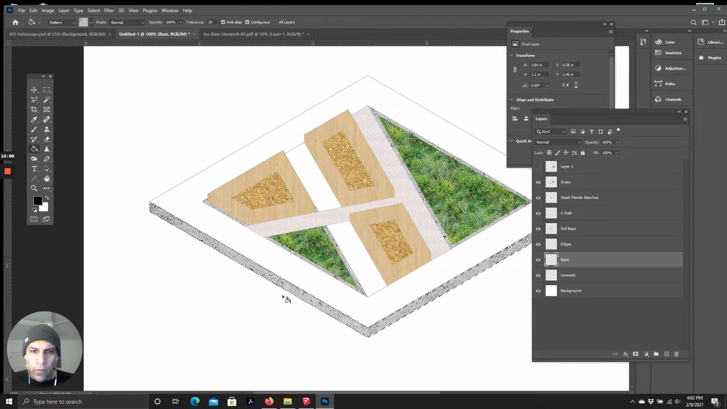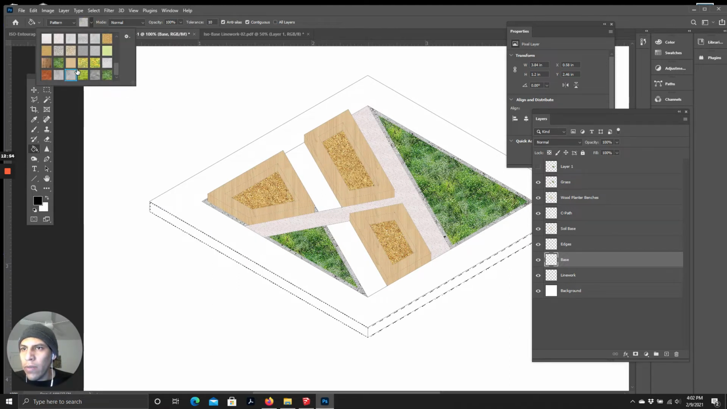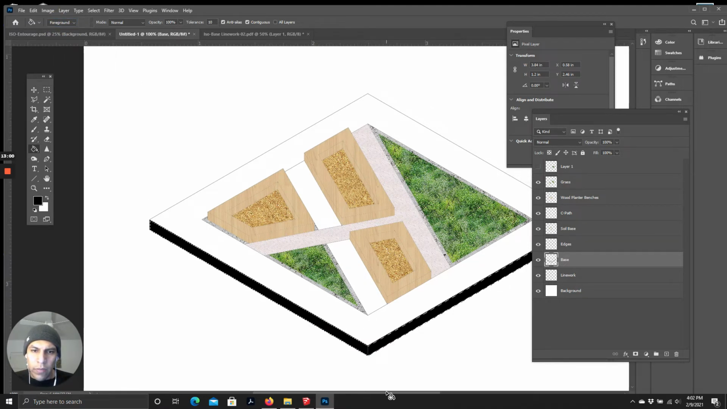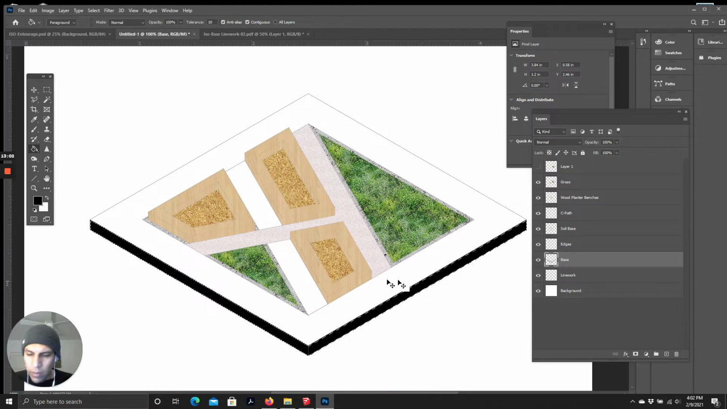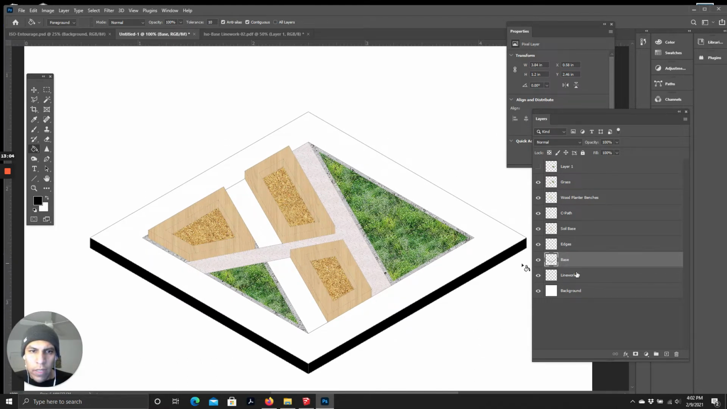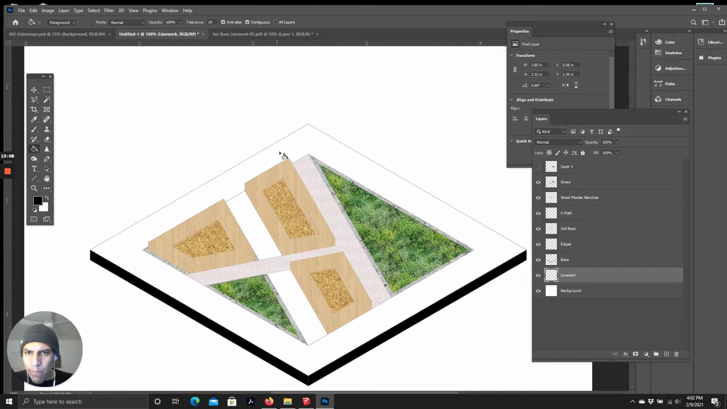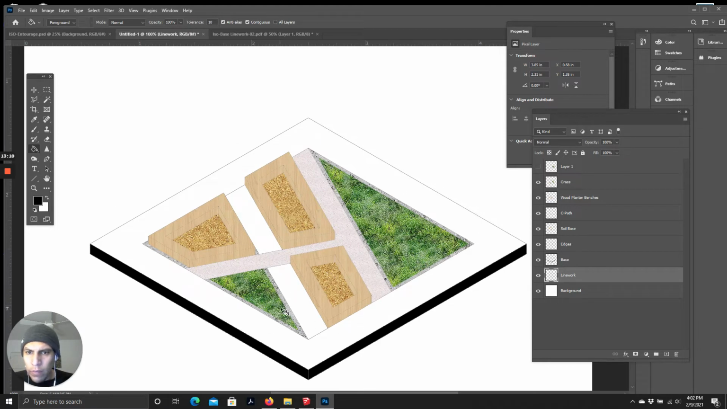You can do some other type of base. And actually, should we? No, I'm just going to keep it simple. So foreground, black, right? And there's a black base. Control D to deselect. And let's see, back to our line work. So let's do